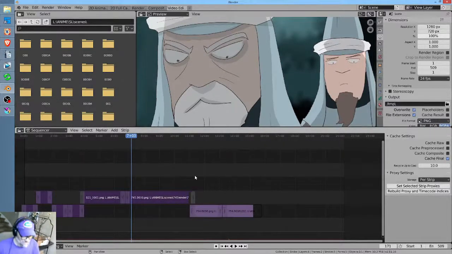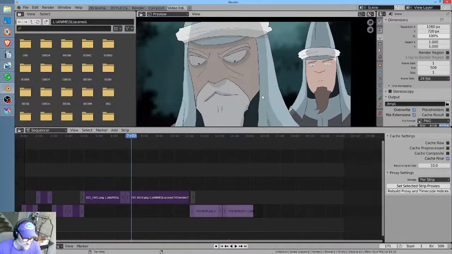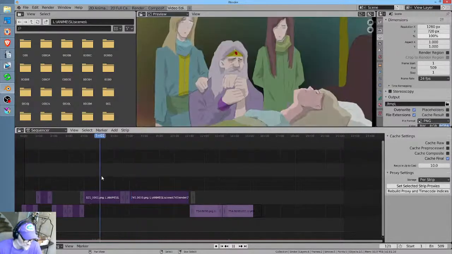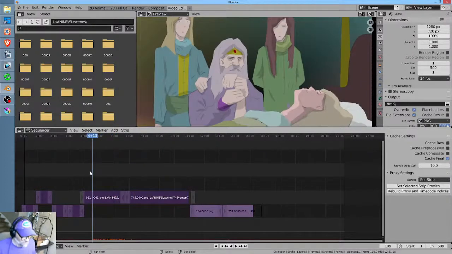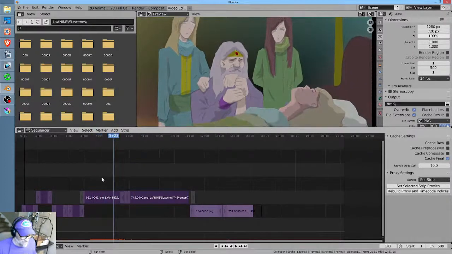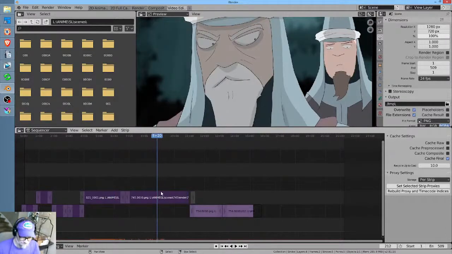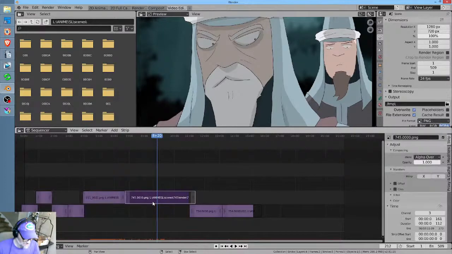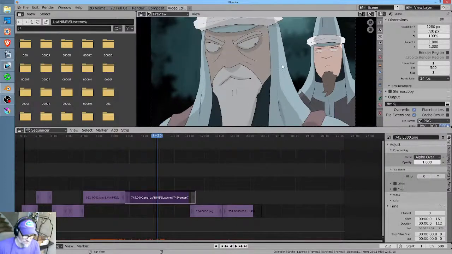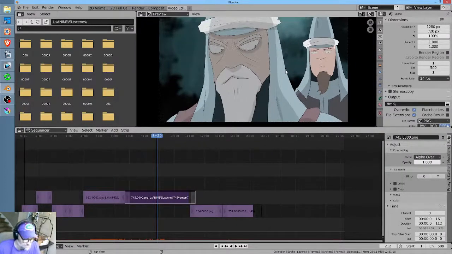So the one thing I don't know about at the moment is time shifting. It would not be unusual for me to have some stuff that I want to have playback at 24 frames per second and other stuff at 12 or 8. So how to change the playback timing on a per clip basis, I'm not sure. I'm pretty sure there is a way, though, to remap the time, and I'm not going to try to find that right now. The other thing, though, that somebody might be concerned about is, well, what about color correction and